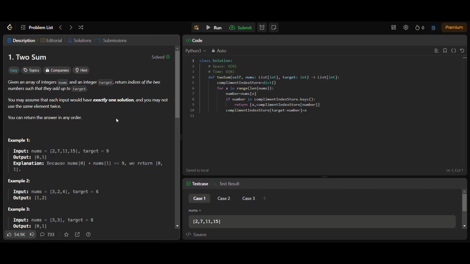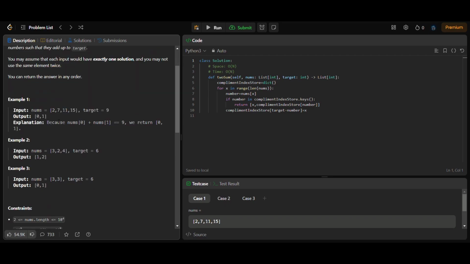So here is our question, where it states we are given an integer array nums and we have to find a target. This target will be the sum of any two numbers from this integer array nums, and I have to return those two indices from this array. So here in the